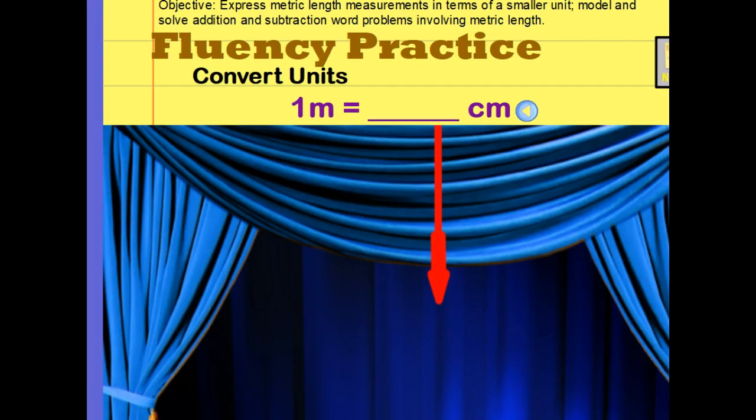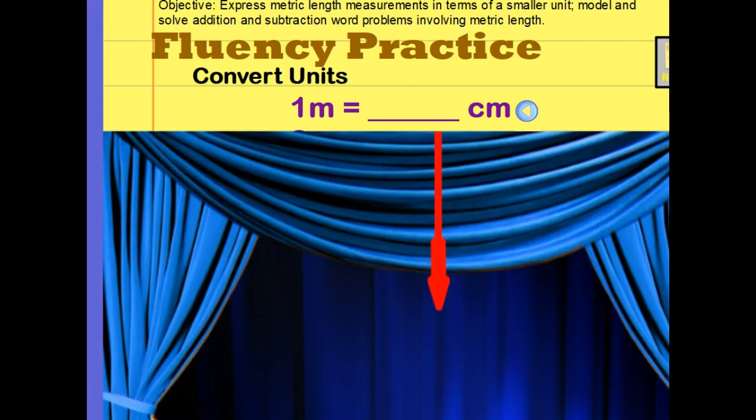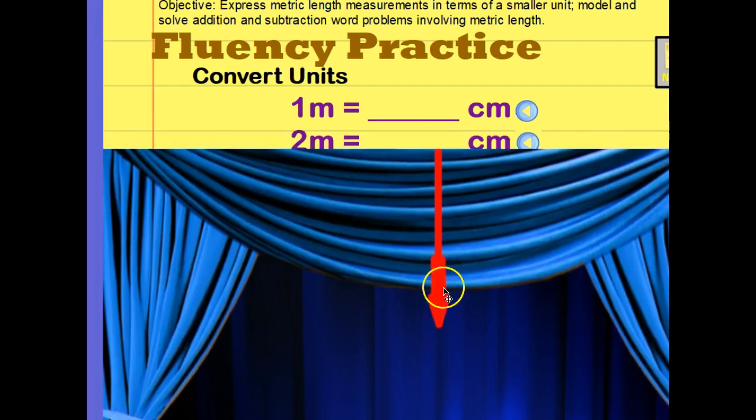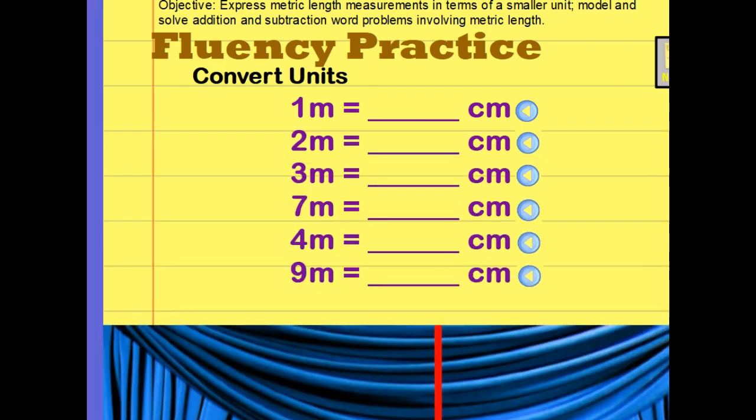All right. The next one here. 1 meter, and this goes backwards now. It's times 100. 1 meter is 100 centimeters. 2, 200, 3, yep, 7, yes, 4, yep, that is correct, 9,